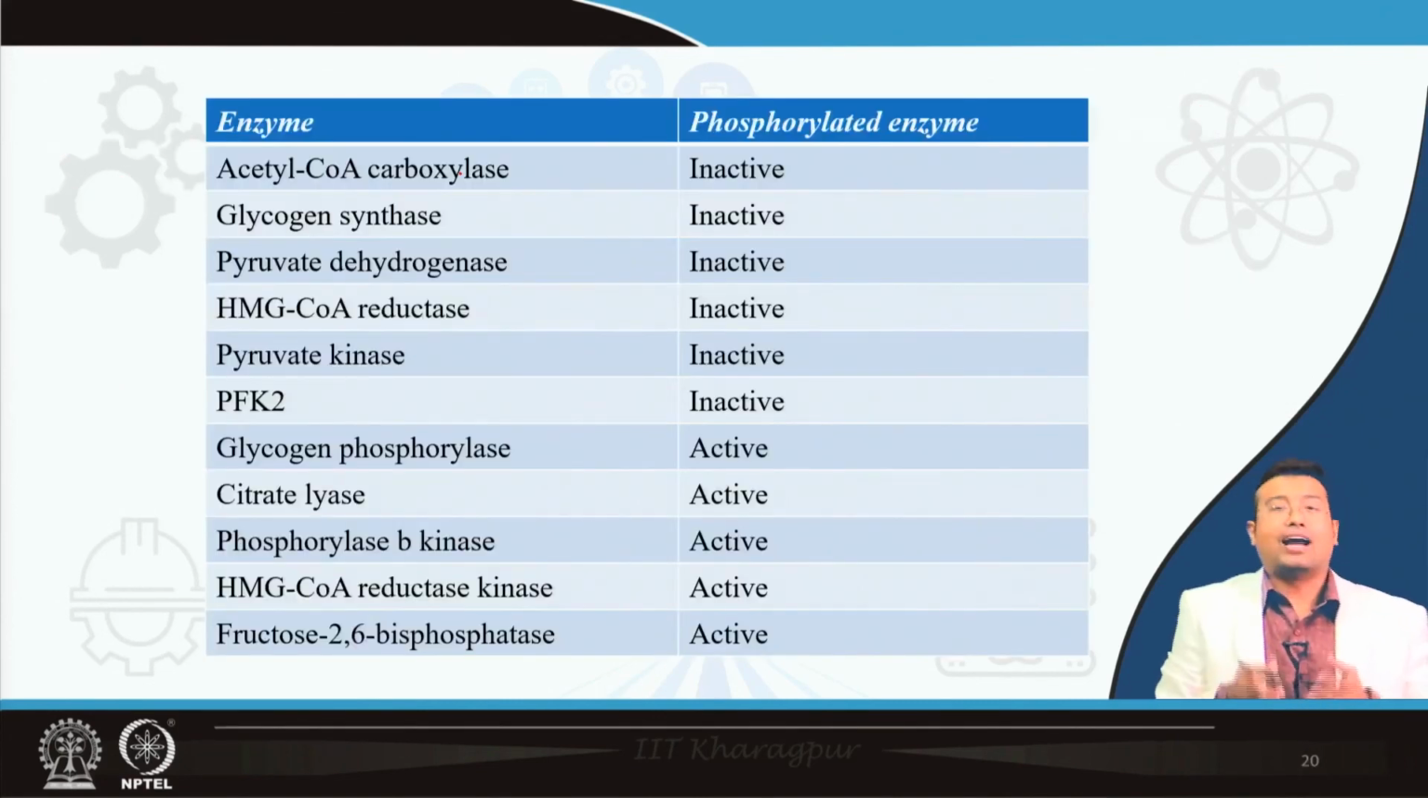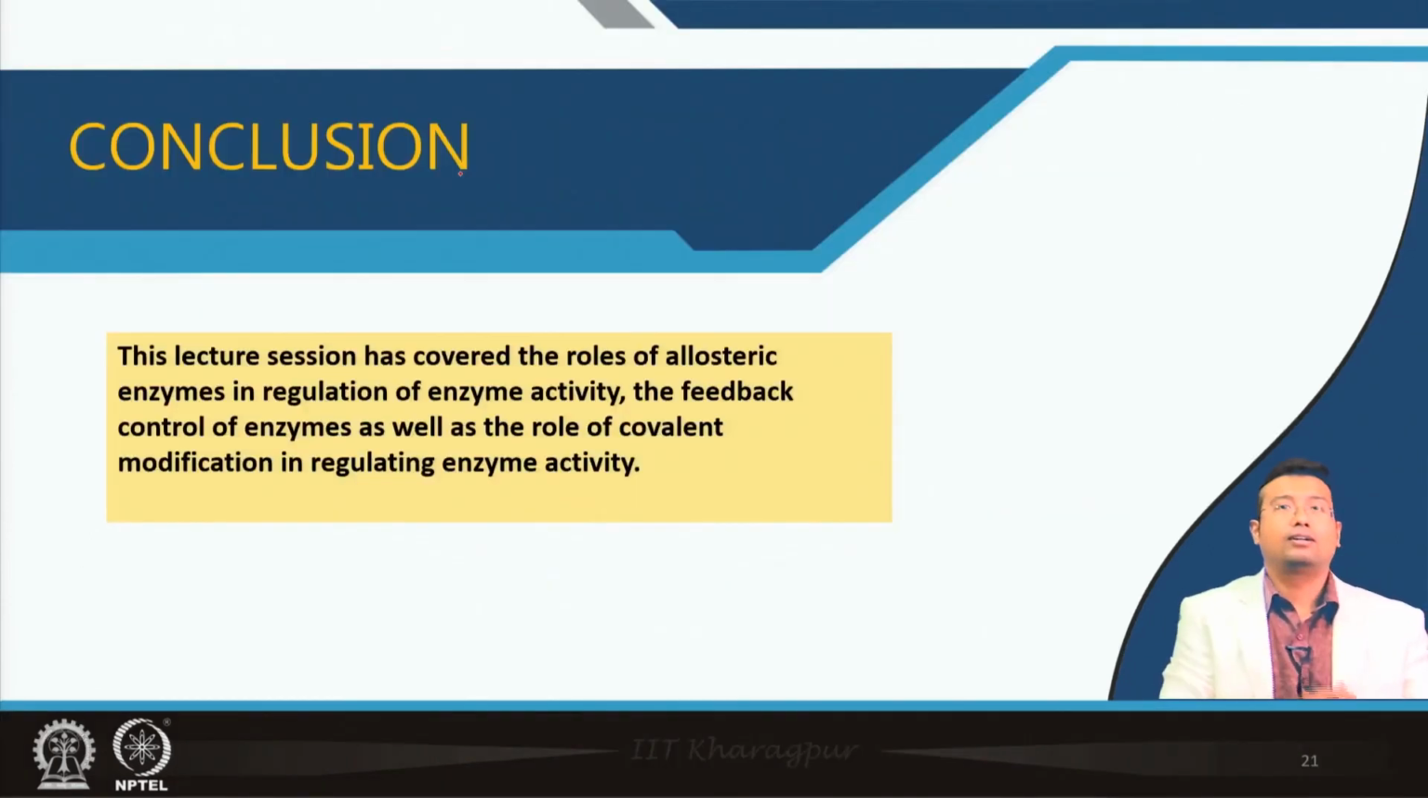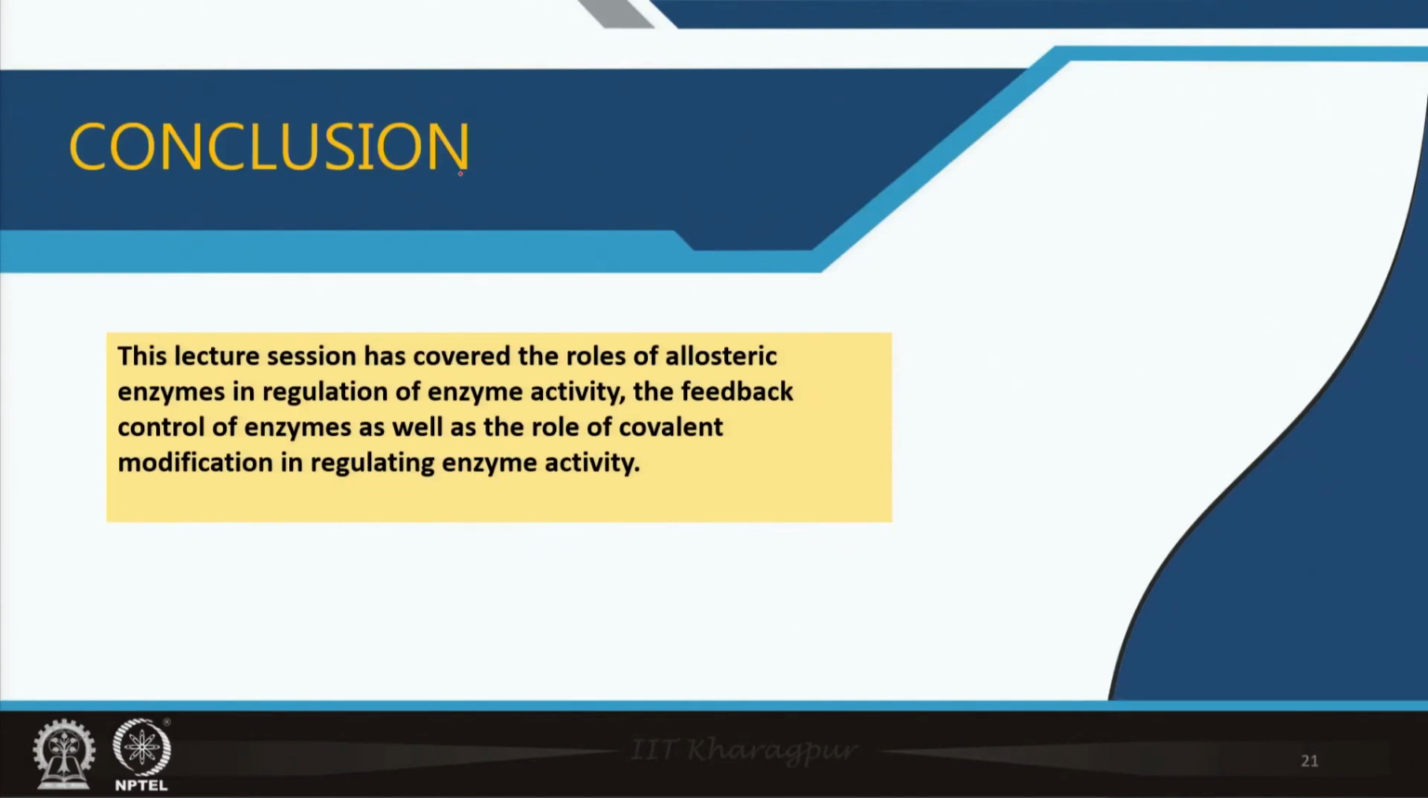So again, now if you look at the chart, even if you don't know all the metabolic pathways in detail, you will be easily able to answer what enzyme is active in what form. All right. So to conclude, the lecture session has covered the role of allosteric enzymes, how allosteric enzymes are regulated. We understood the feedback inhibition, the end product inhibition. We understood how covalent modification helps in regulation of enzyme activity, and we have also understood how hormones play a crucial role in